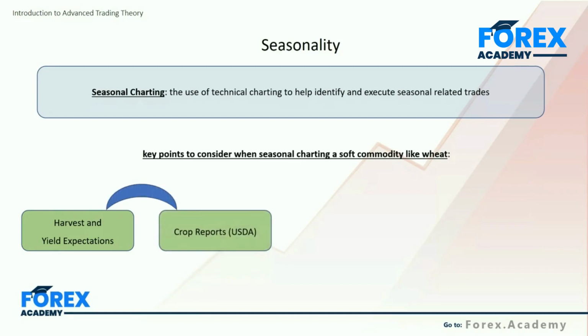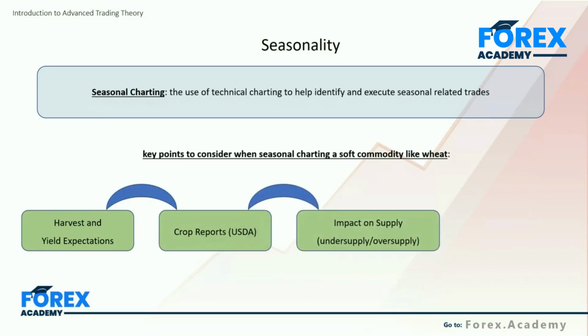Reading the crop reports would then make a lot of sense. We would then be able to evaluate what this information that we've gathered from these reports has on supply. In other words, does it suggest that there's going to be an undersupply this year, or an oversupply, or for that matter, a normal supply of wheat on the market? This is important to assess because we then can come to some conclusions as to what impact this is likely